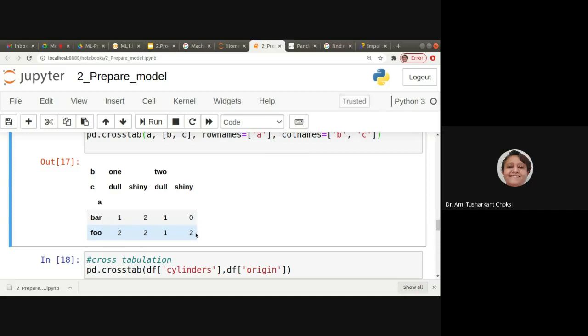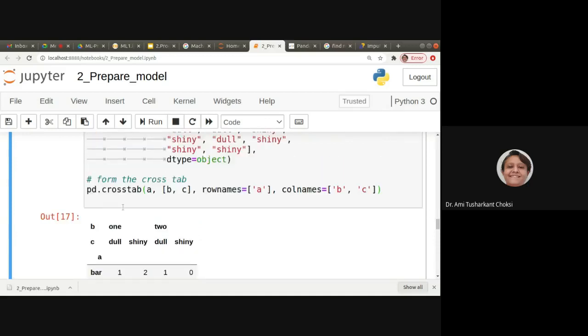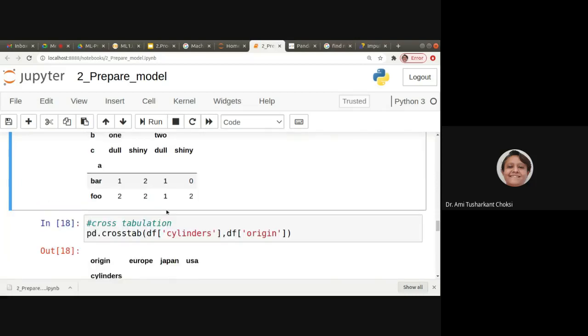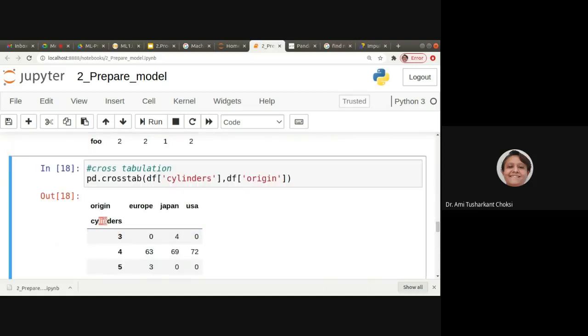It gives us the frequency count under the relation of two or more variables. Now in the same way, if we want to find the cross tab of df cylinders and origin, here it is cylinders and here it is origin. For origin we have 3 values: Europe, Japan and USA.